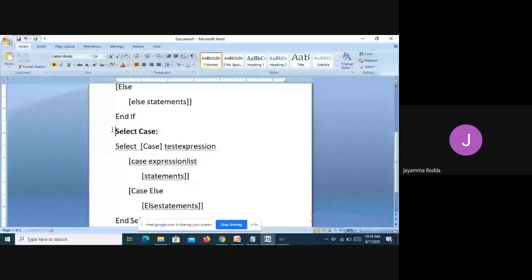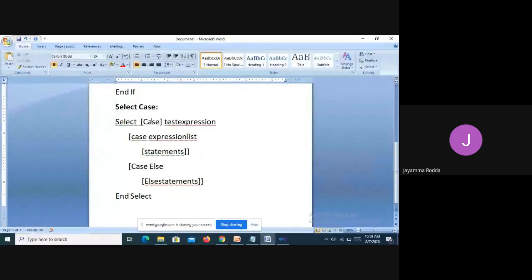So this is the select case. The test expression is given, then the case expression list, and if it involves a list of statements, those will be given. Then the Case Else and its list of statements, then finally the End Select statement.